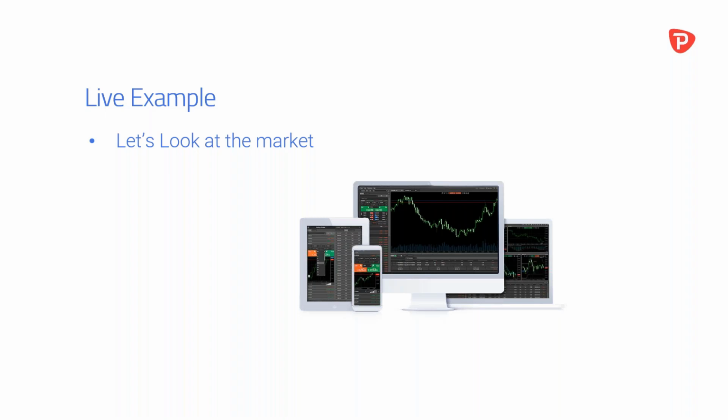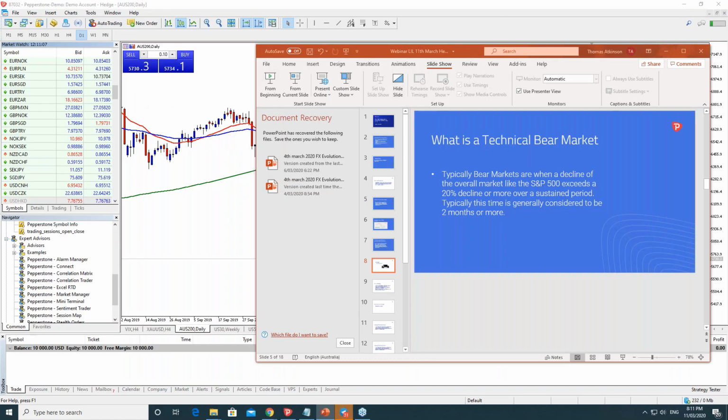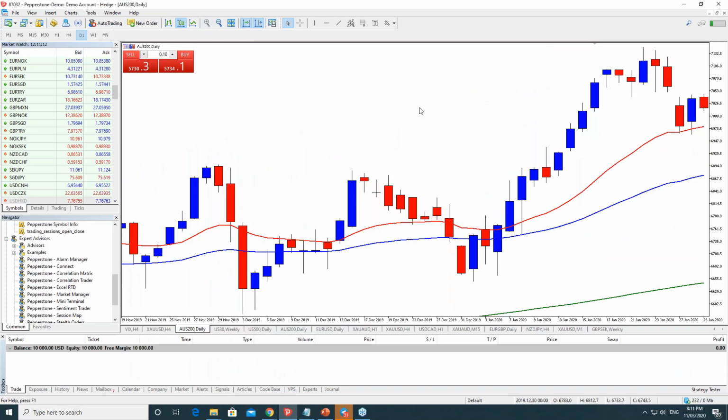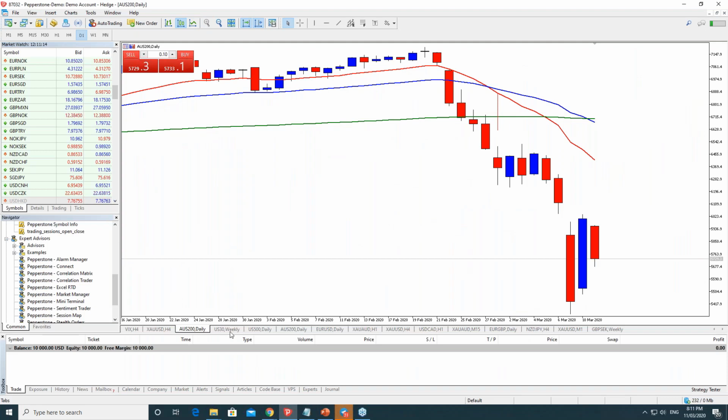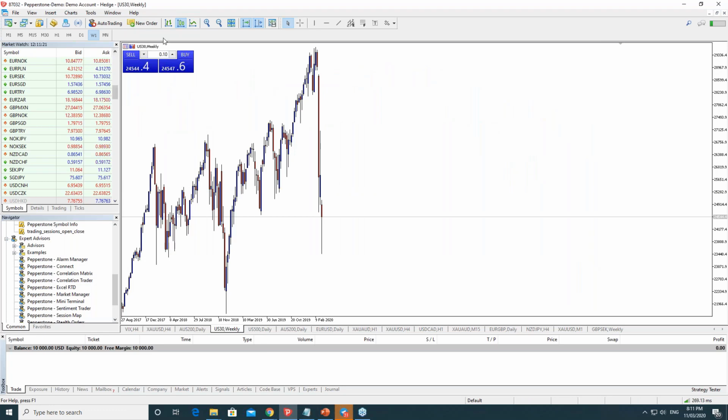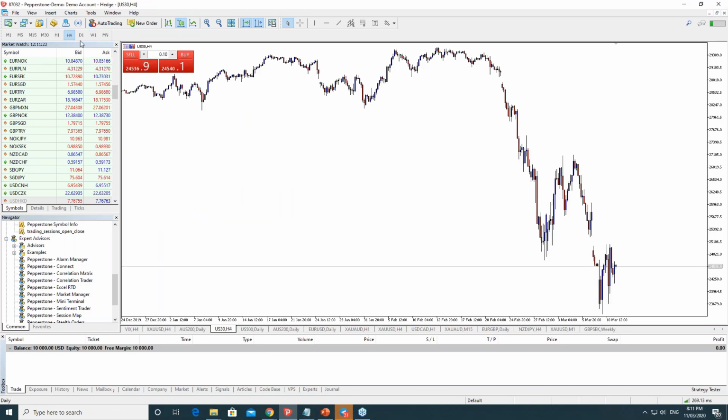All right, so we'll just have a quick look at that market, and we'll take a look at what happened when certain things did occur. So load up probably the US 30, which is the Dow. And again, we will get into hedging. We just want to cover these bases first because it's very, very important to do so.